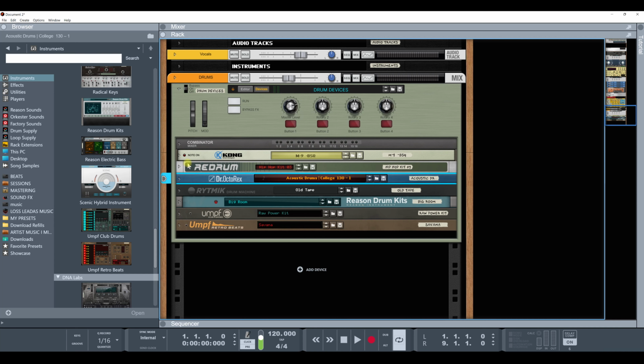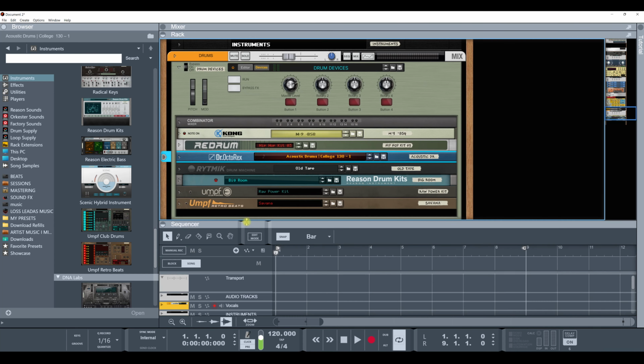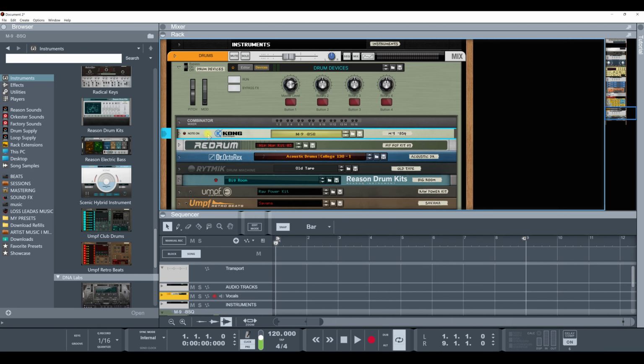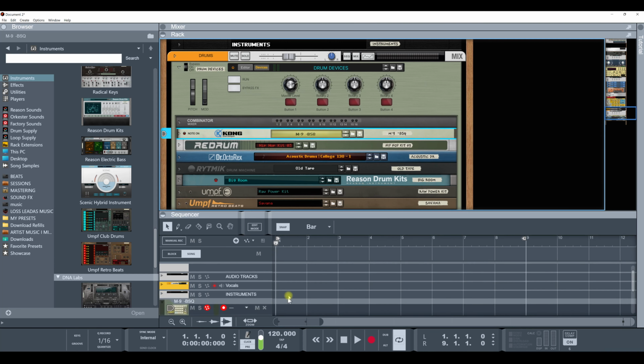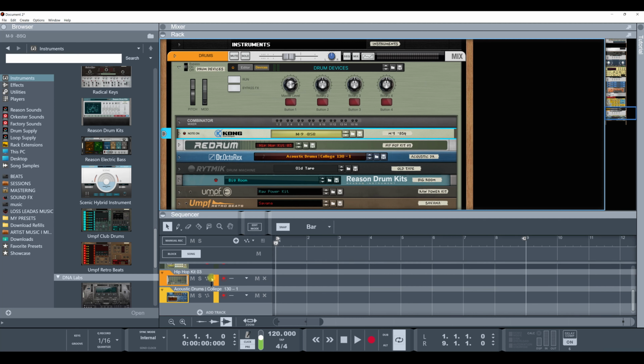So the great thing about this is when you're recording, you might have an idea with the Kong. You can select the Kong, and if you notice that when you select this certain icon, it'll drop it down here. So we know that. So you might have the